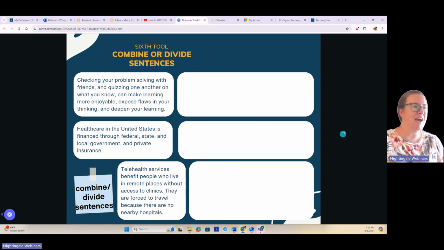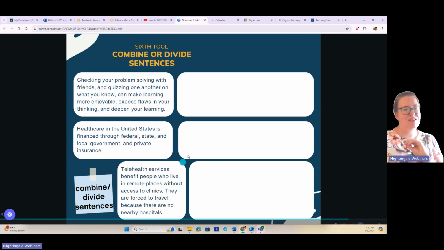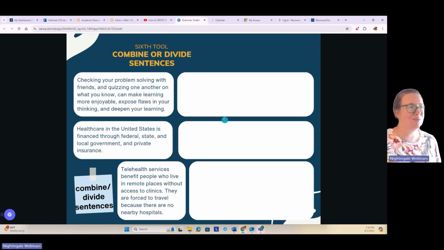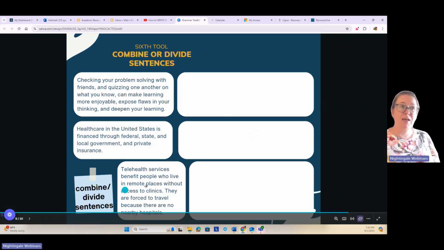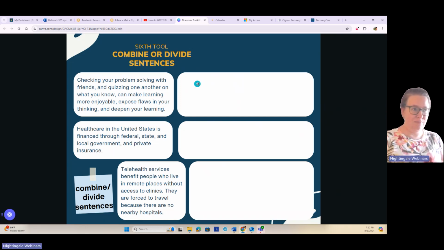Then the last one, I've actually deleted my sentence because I want to think about being able to combine or to divide sentences. This example we've been working with doesn't really work on this one, although maybe we could imagine, actually, I'm going to do that.